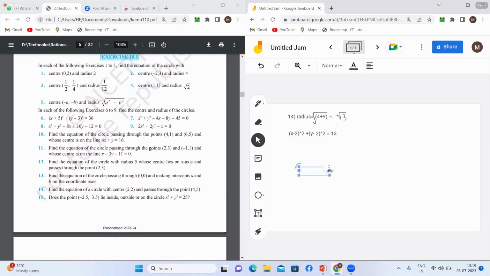सो नेक्स्ट क्वेश्चन चलते हैं। ओ दिस इज द लास्ट क्वेश्चन, सो वी कैन इजीली कंप्लीट इट। चलो क्वेश्चन नंबर 15, इसमें क्या बोल रहा है, डज द पॉइंट लाइज इनसाइड, आउटसाइड और ऑन द सर्कल।